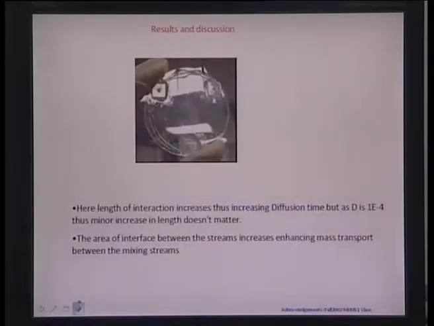The only design which worked in our case in this particular experiment was the Serpentine design. You can see this design here, although I do not have the mixing illustrations in this particular slide. But what effectively we observed here is that there would be an interaction between the green dye and water if you pass it through a serpentine length, and one of the reasons for that is because we think that the interfacial area, which is also proportional to the mass transport at a constant flux of diffusion, being more in this case because of more length of the serpentine, would promote a mass transport rapidly between the two flowing